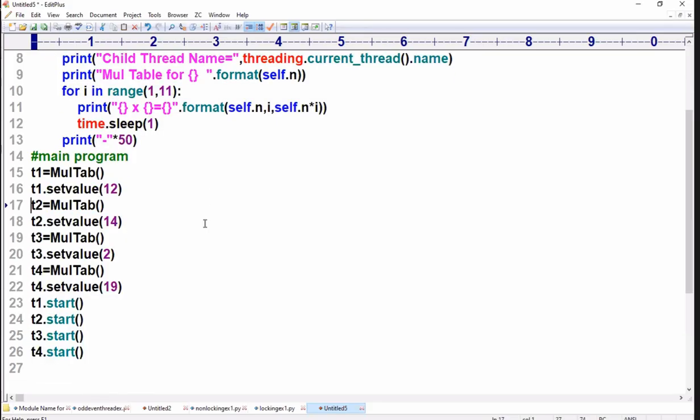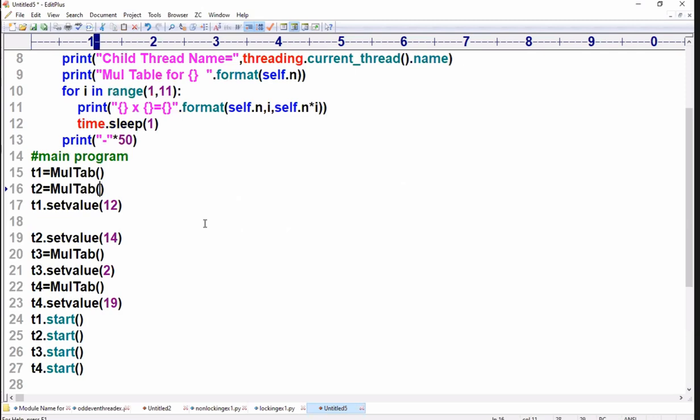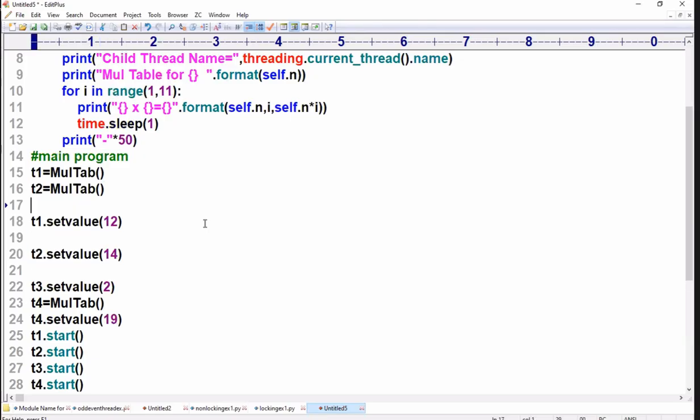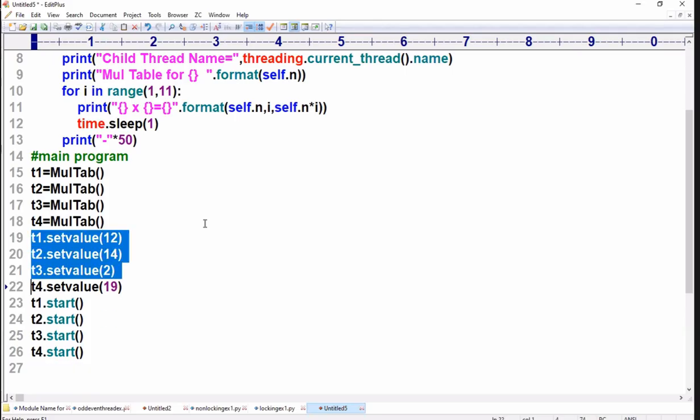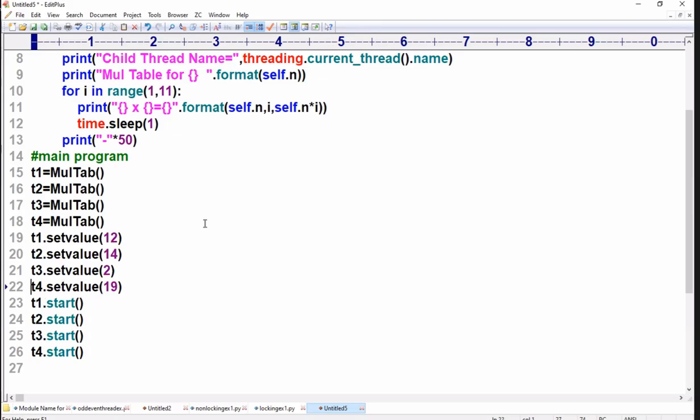You need not write start in this place. First you create the threads. First create all the threads. Yes sir, created all the threads. Then set the value for each thread. Setting or not? Now I am doing what? Dispatch. I am saying create